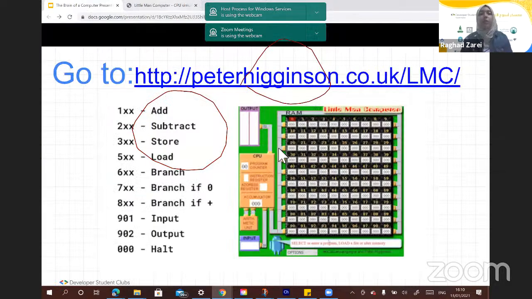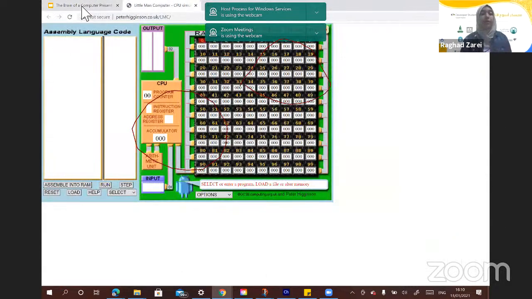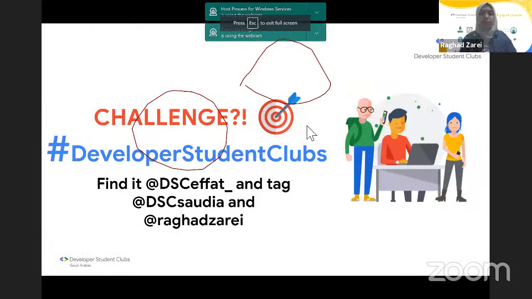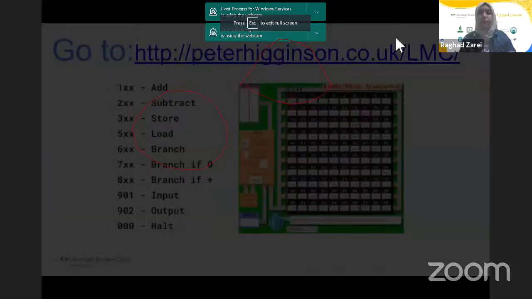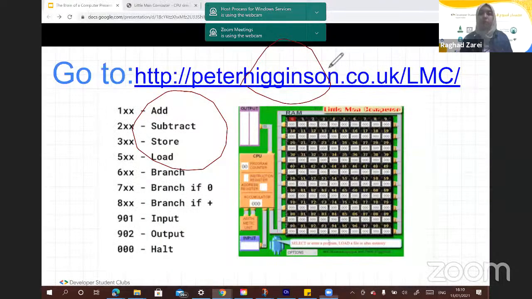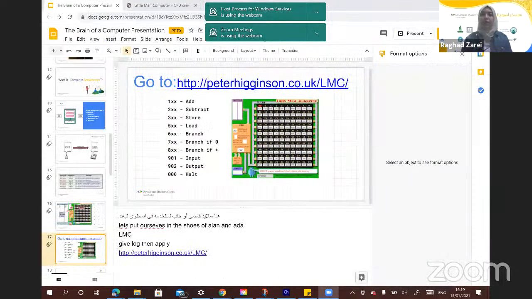Kindly enter the website. The team is going to send it now along with the PDF of the instruction set. Once you're all set, let me know in the chat.